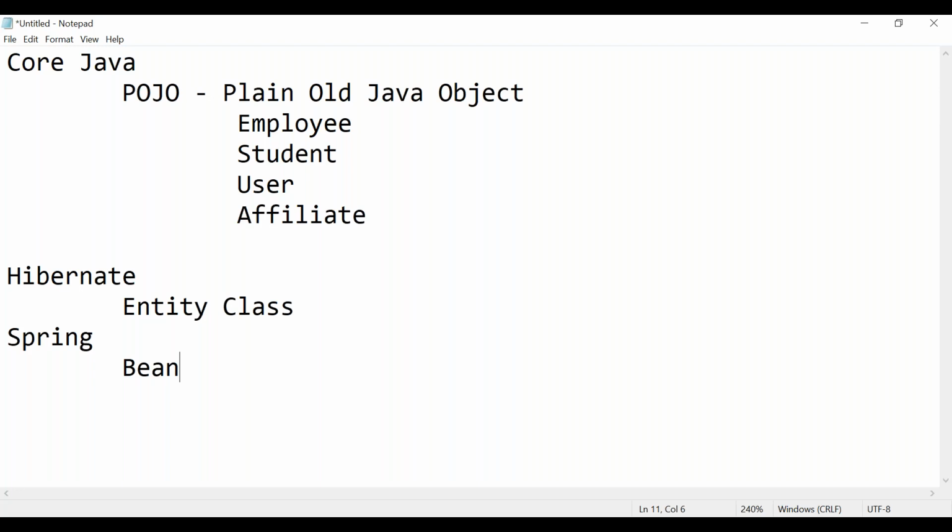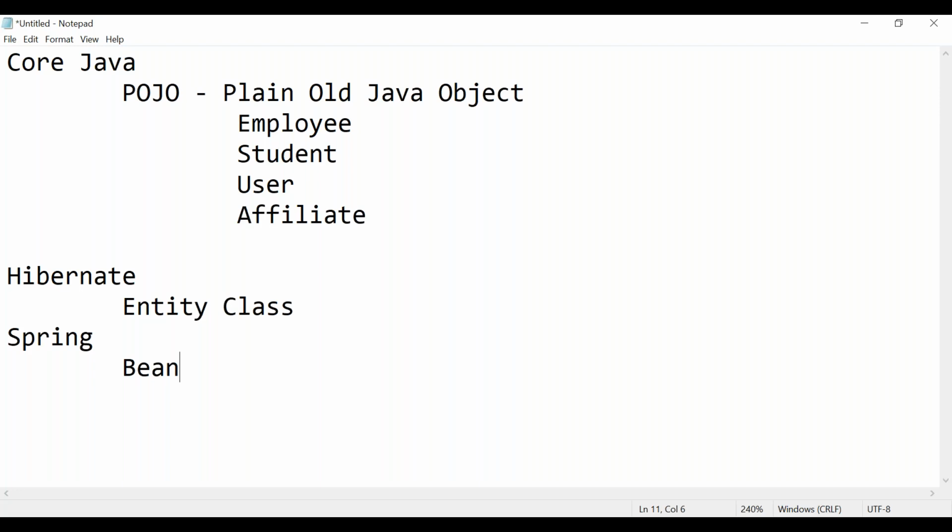If someone says in Hibernate, hey, user is an entity class, then you should know that it will be having all the properties, user ID, username, all the information related to the user, and correspondingly it will be having all those fields in the database tables, like user ID, username, correct?